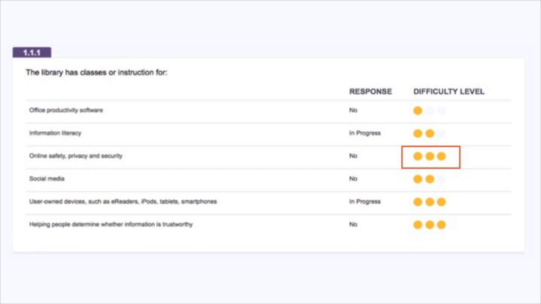Level 3, three-circle questions, are generally more costly or difficult to implement but are at the forefront of innovative activities, resources, and services that will help put your library at the center of digital inclusion in the community. Level 1 recommendations are applicable to most libraries and are usually the easiest to achieve, making them a good place